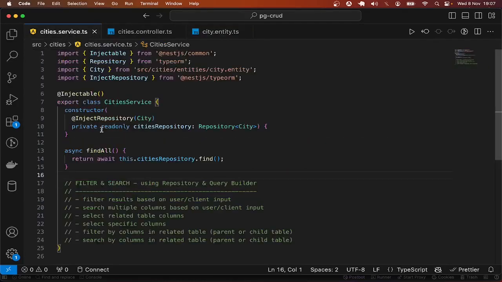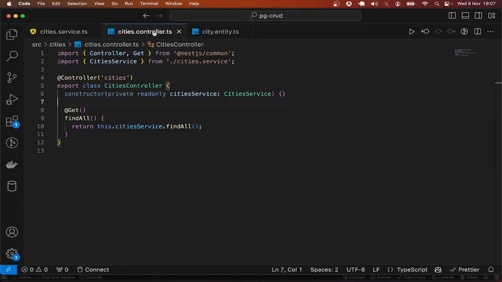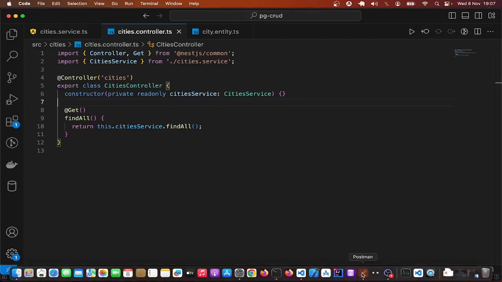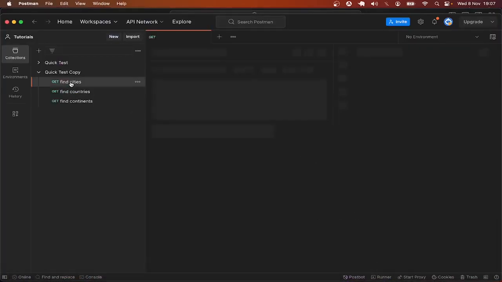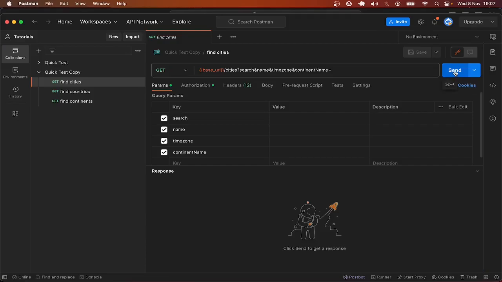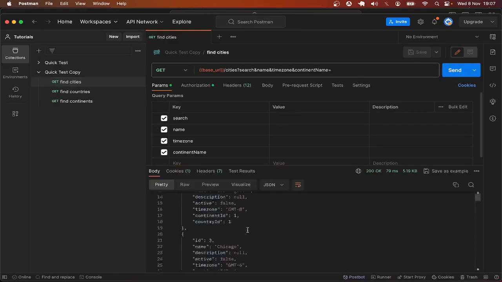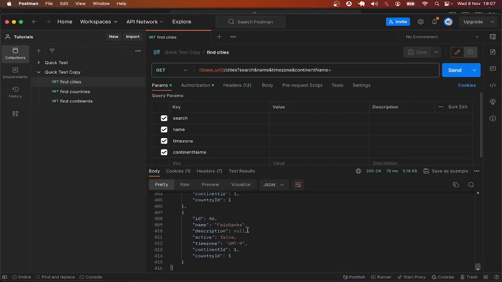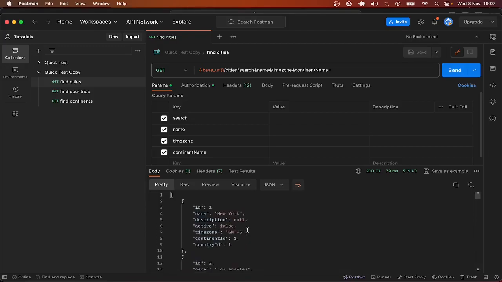All right, with that simple explanation, let's call this endpoint in the controller. That will help us better understand the problems we are trying to solve. I will head over to Postman now and call the endpoint to get cities. I will send this request. What we get is the list of all the cities. But think about it. City has